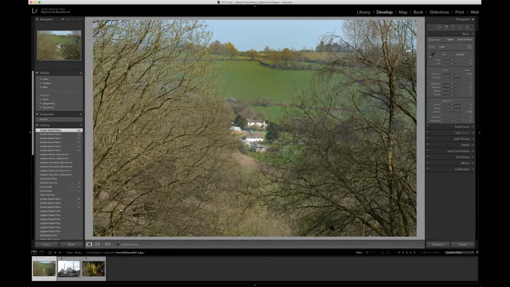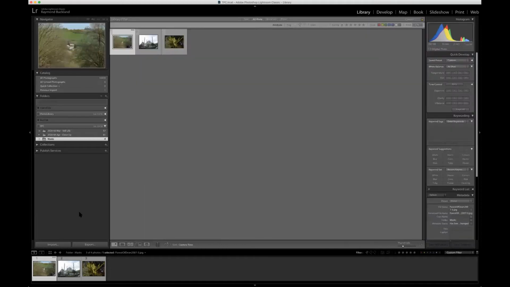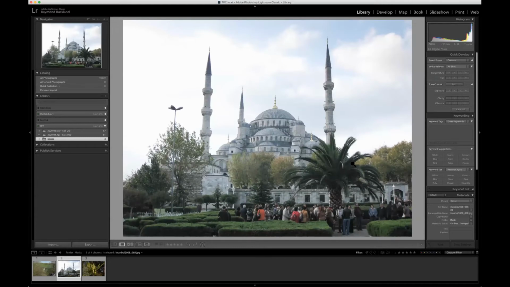So that's the first photo I wanted to do. So let me go back to the library now. And that's a very simple radial filter that's applying a mask to the photo. This picture is a picture of the main mosque in Istanbul. And what I wanted to do was